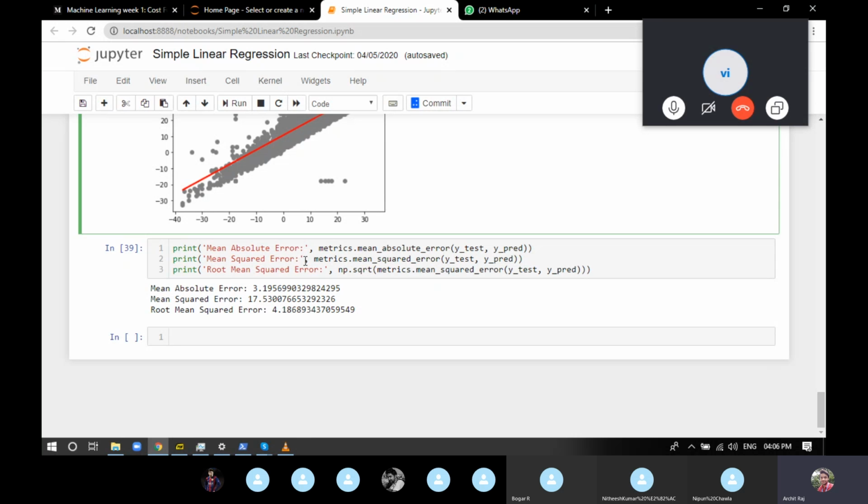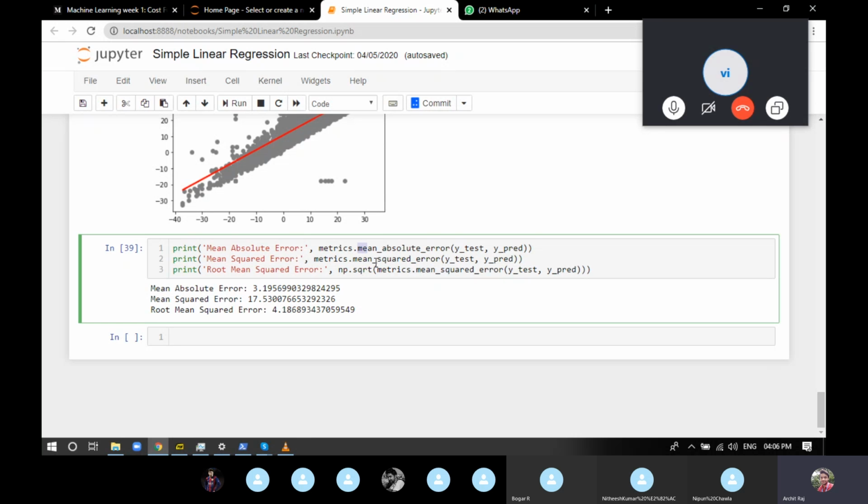Now you can see mean squared error and root mean squared error have similar names. The only difference is root. So what we do is find the mean squared error and put it under a root, and we get the answer. This is the root mean squared error. So how do we find them out? There's an inbuilt function for each and every one.